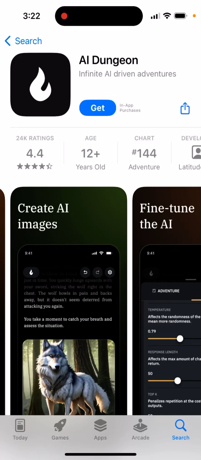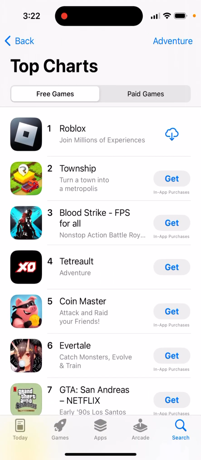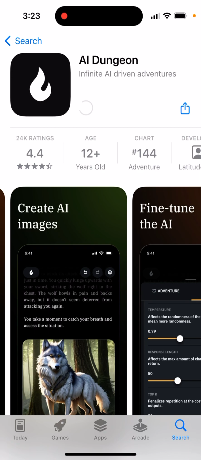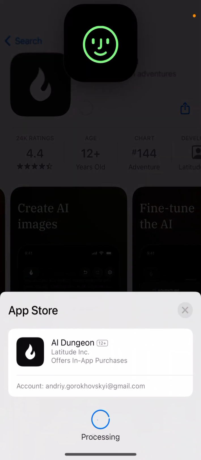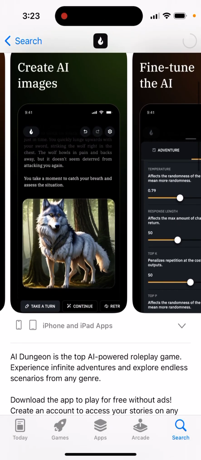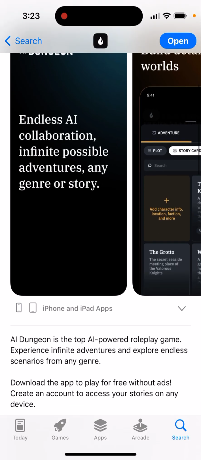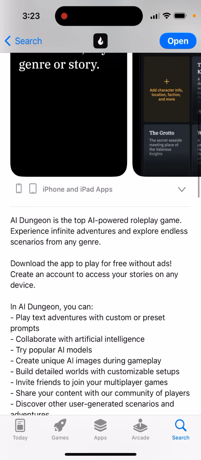Here's a very interesting, very cool app called AI Dungeon. Infinite AI-driven adventures. It's in top charts for some apps, and you can just install it. And this is a pretty cool AI-powered role-play game. If you like to play board games and if you want more advanced scenarios, and if